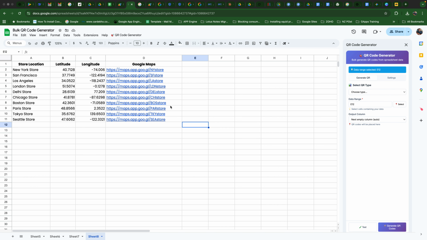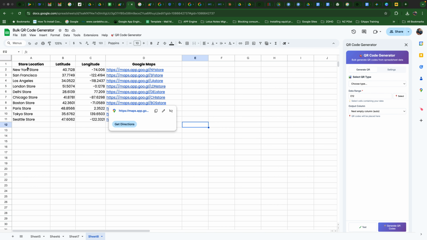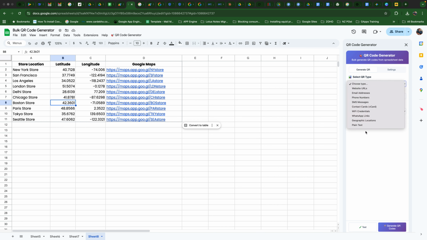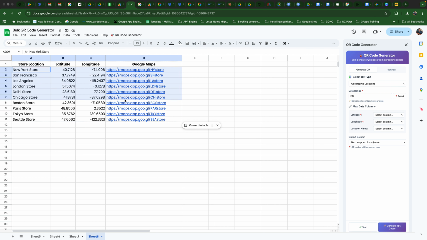Now suppose I want to generate Google Map QR codes, my store location QR codes. What I need to do is here I'll just select geographic locations as the QR type, and then I can select a range. So first I need to select a range like this and click on select. So it pulls that data range